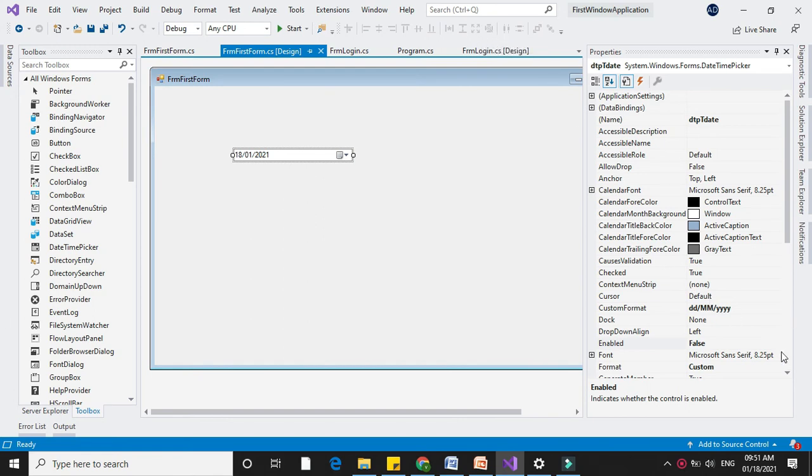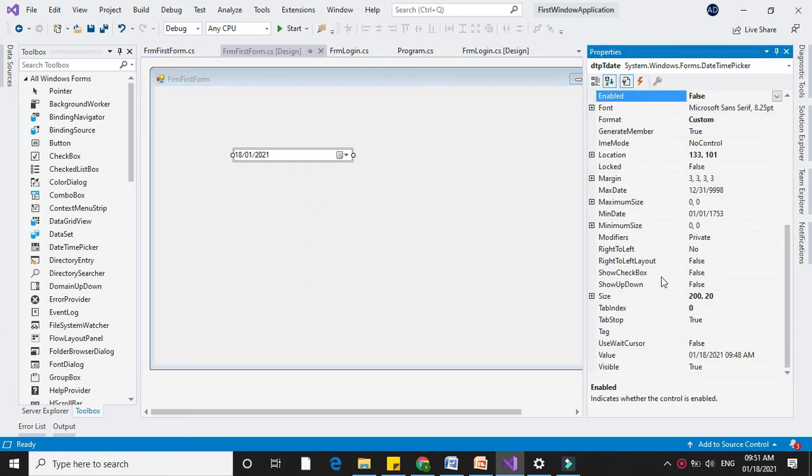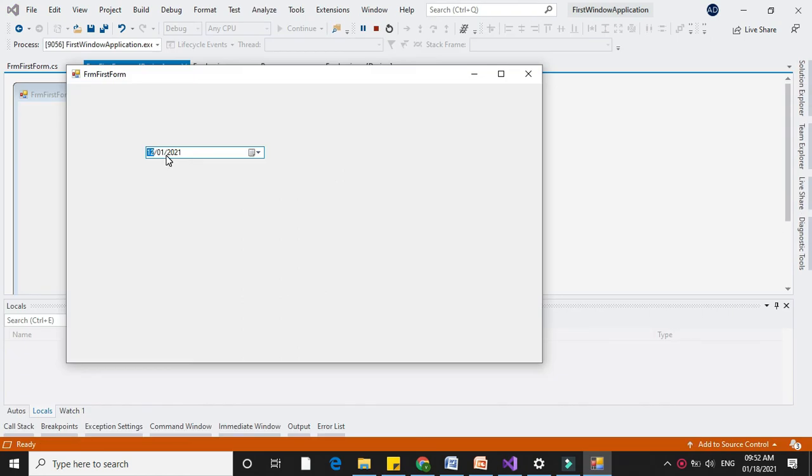Next is MaxDate. You can set the maximum date that the user can enter in your date time picker. If I set here 31 December 2021, and if you run, you can change the date, you can decrease the year, but you can't increase the year.